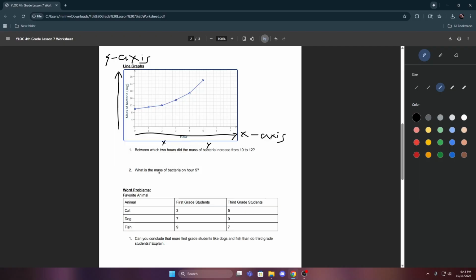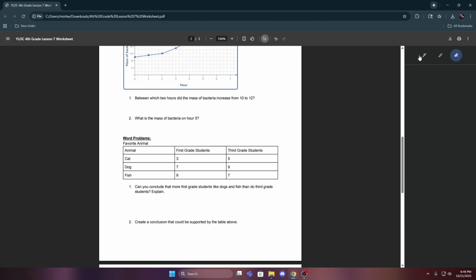Now for question 2, what is the mass of bacteria on hour 5? So now we're given the x-axis value here, which is 5, and they want to find what is the mass of bacteria. So to do that, which means finding the y value, you just want to go straight up until you hit it right here, and you realize the y value here is in between 28 and 24, which is going to be 26. So it's 26